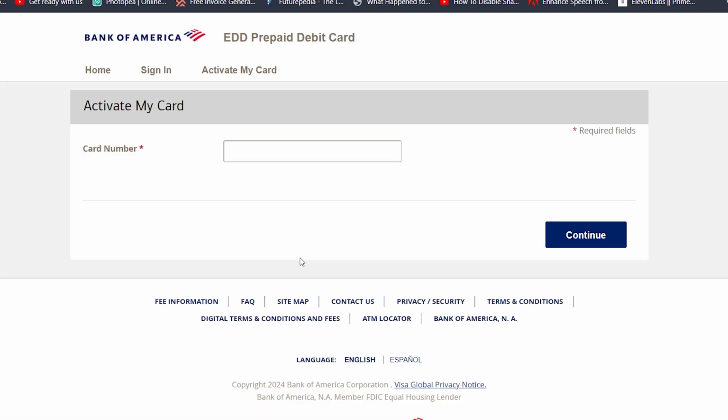You can just click on activate my card. Once you click on activate my card, you will get this option. You can just enter your card number, then the CVV number, or the three important numbers given on the back of your card. Then you can just click on continue. After that, it will give you a notification over your email, and that's it, your card is